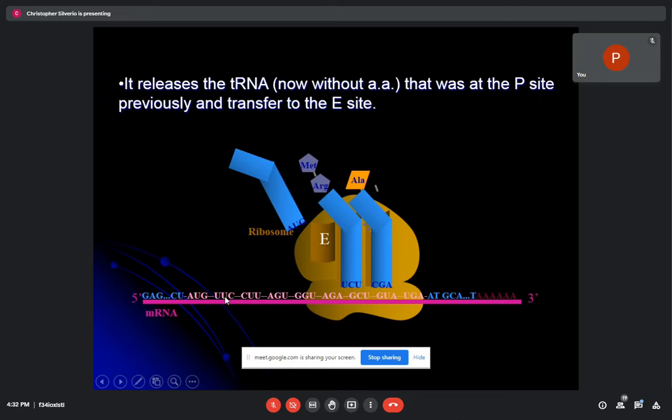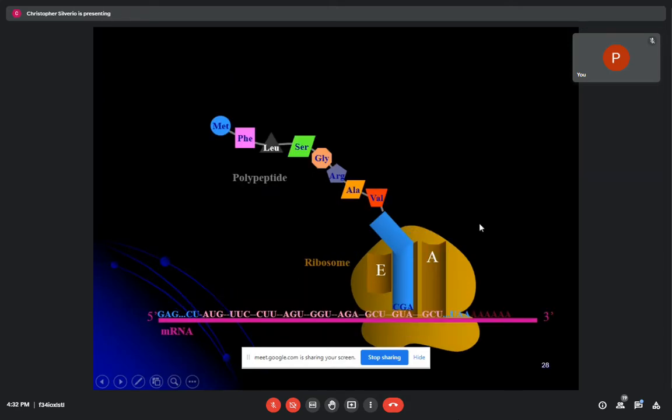This was already coded. You see, this one is also coded CUU. And so this is now what happened to this one. Okay, these were already coded, this codon. In other words, there were a lot of transfer RNA that already passed through this